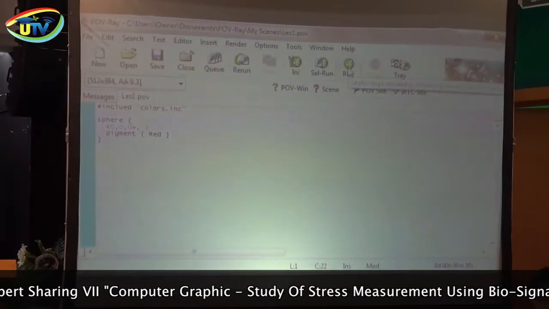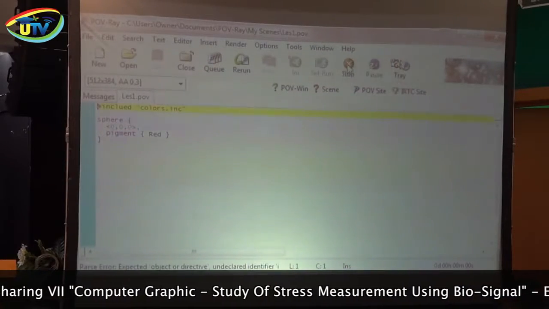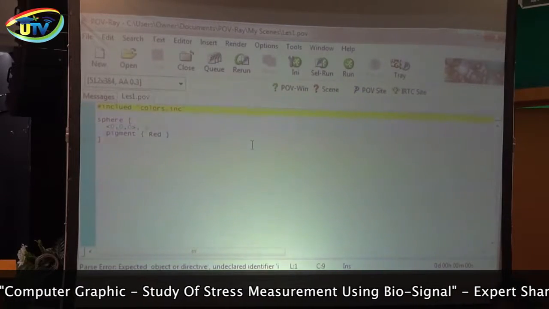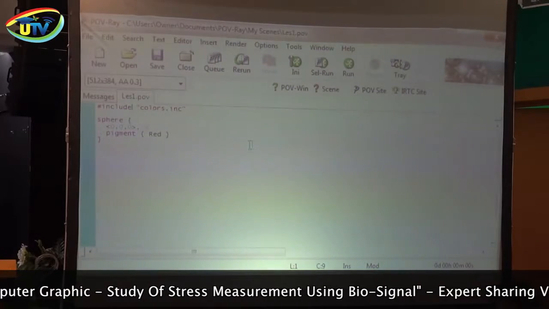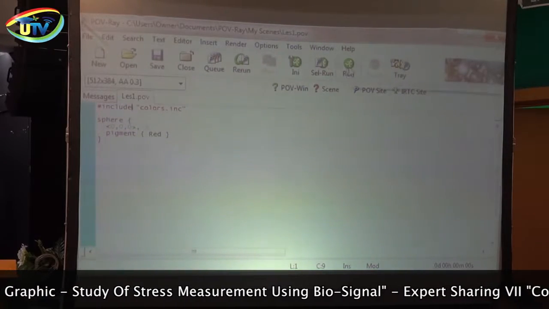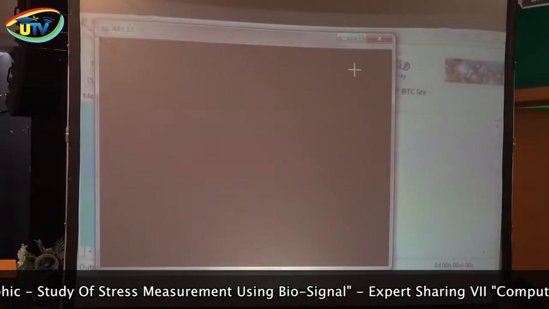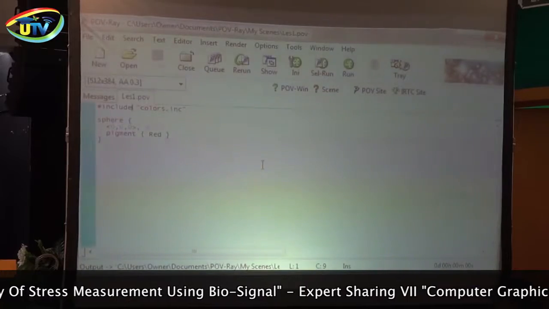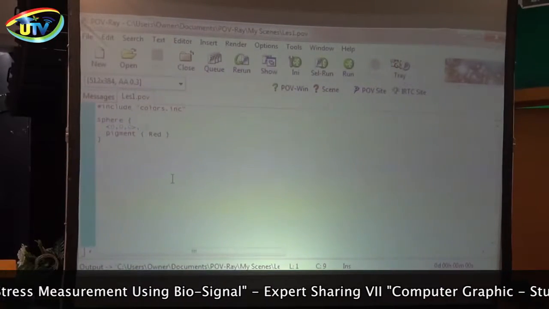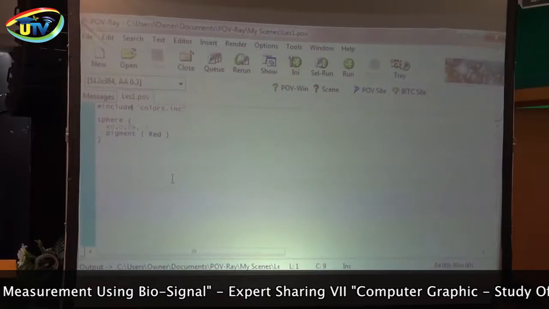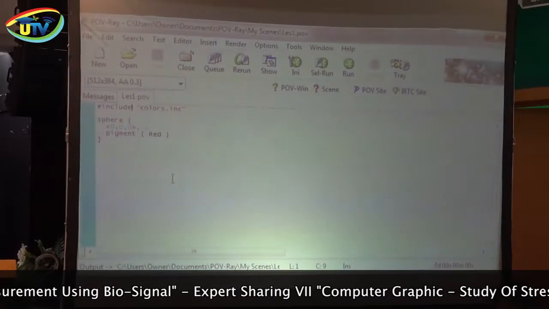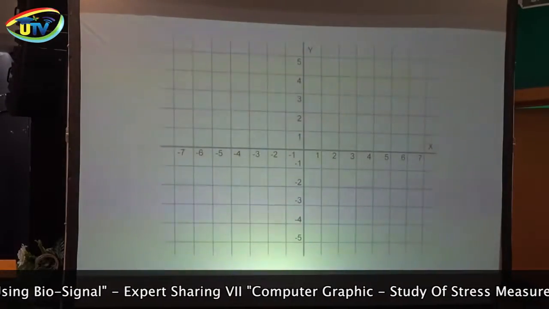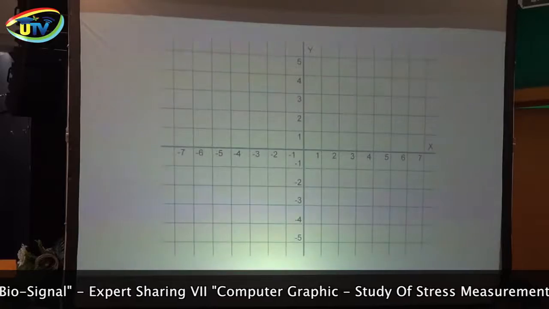Now if we click on run, that error should go away. Let's see what happens. Oops, I didn't spell include right. Include, I-N-C-L-U-D-E. Now try it. Aha! At least we didn't get an error, but it's still black. Now the reason it's black is we haven't told Padre where the camera is, and we haven't given it a light source. Before we can put a camera and a light source in, we need to understand the coordinate system